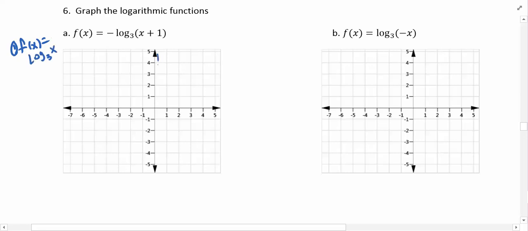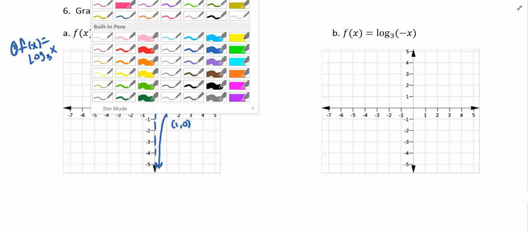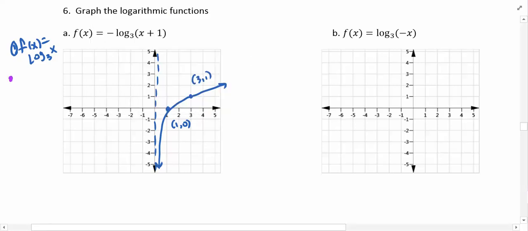So you know you're going to have a vertical asymptote here. You know you're going to have (1, 0), and you know you're going to have (3, 1), since the base is 3. Okay, so that's your first step, and you would draw that, and then you would label that over there. So then maybe go to purple, and the second thing that you would do is